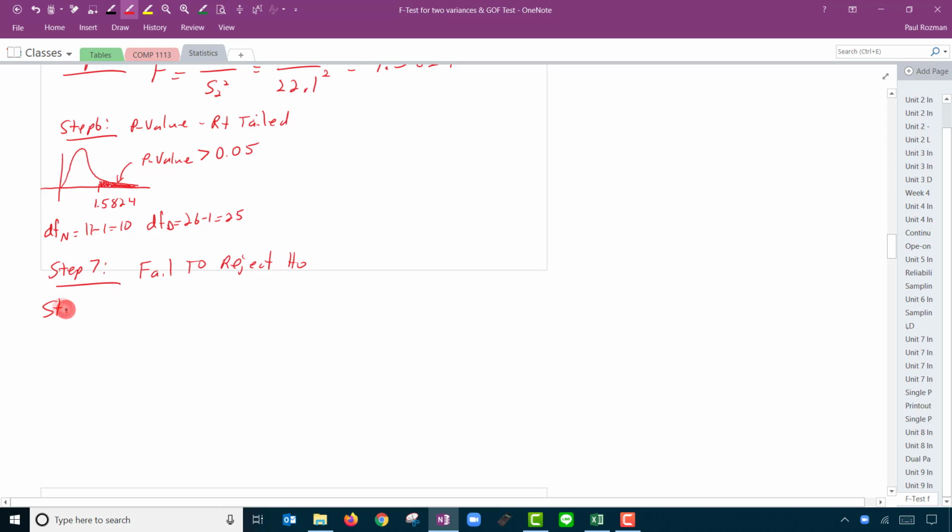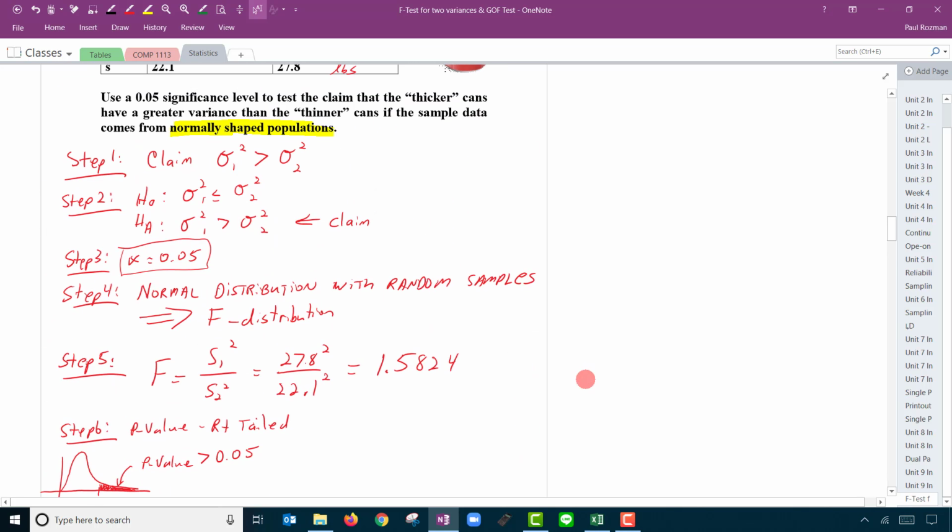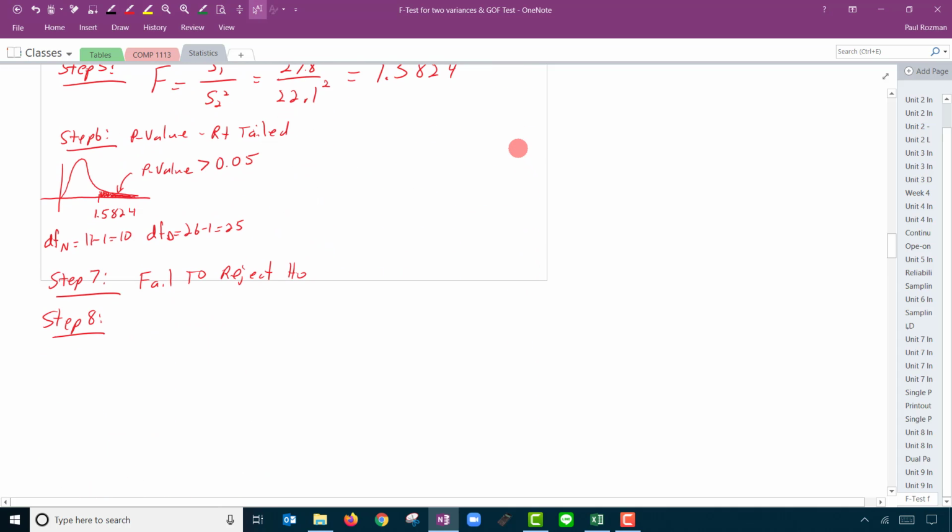And then step 8 is our conclusion. Back to the setup here. If we don't reject the null hypothesis, in this case, then we're not supporting the claim. There isn't enough sample data to support this claim. We'll say that there is insufficient sample evidence